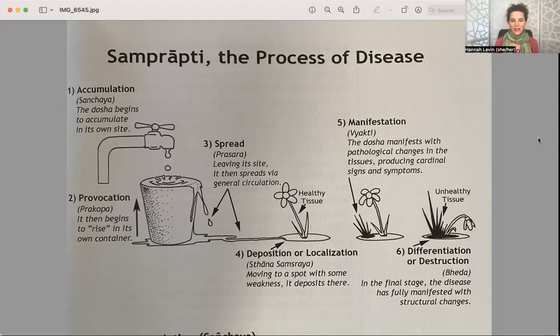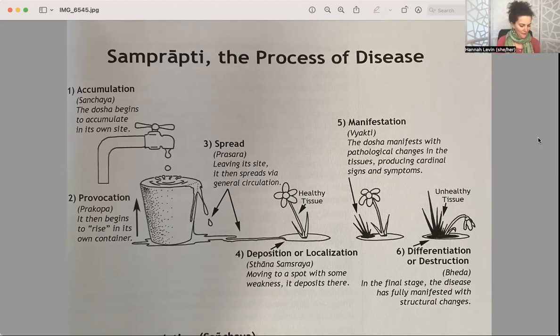And what I want to help us do is to change that inner conversation to one of paying attention, so that we can support ourselves in not living with these imbalances, instead of telling ourselves the story that, oh, now you're stuck with this. Let me read to you a little bit about